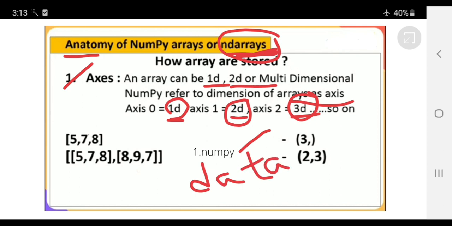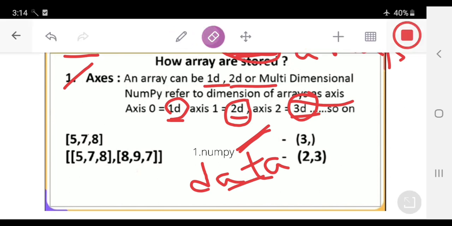The third term is array, A R R A Y S. So three terms we are using. ND arrays means NumPy data arrays.